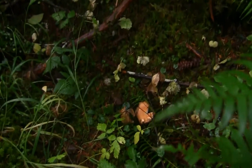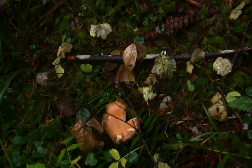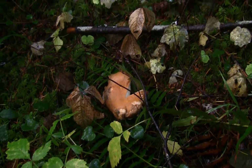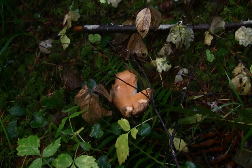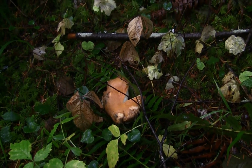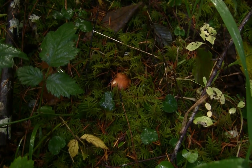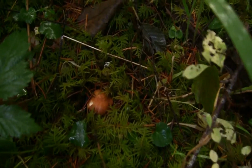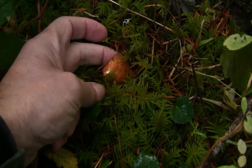I hadn't walked very far and I came across the first chanterelle here, so that's a good sign. At least it's something to take back. Well, that's a pretty good sized one too, so hopefully we'll find some more. Well, finally found a second one. They're just barely peeking through the moss, but